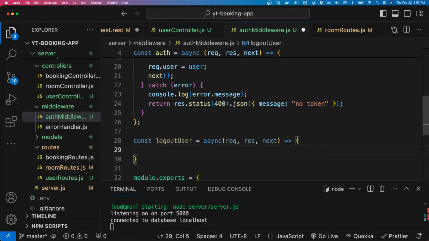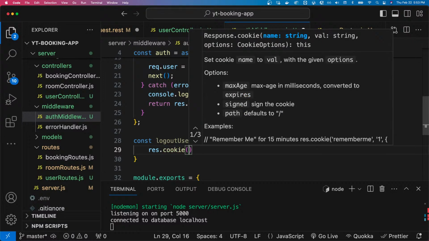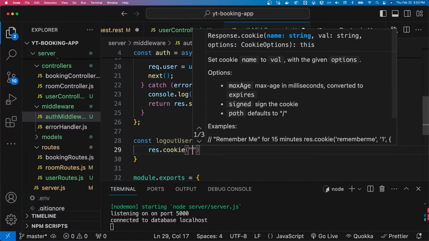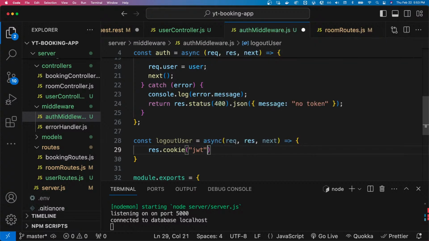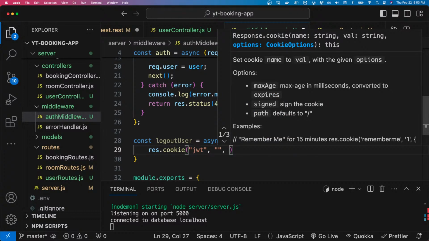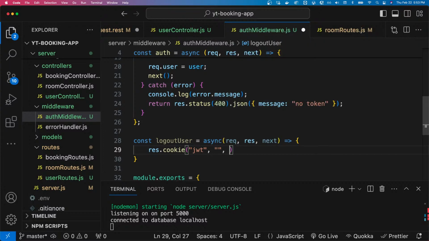What we will do is say res.cookie. We want to say JWT, and we want it to be empty. Then our cookie JWT will be set with an expires option. Let's give it a really short time, like -1. And then this will remove